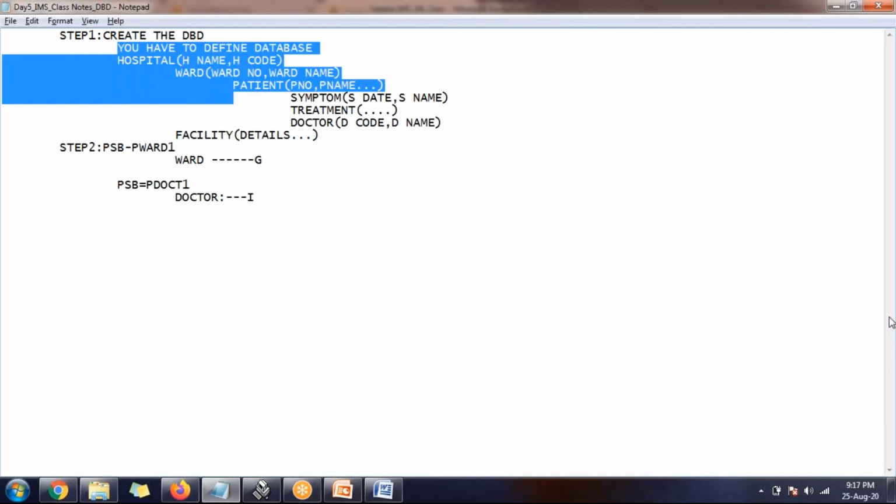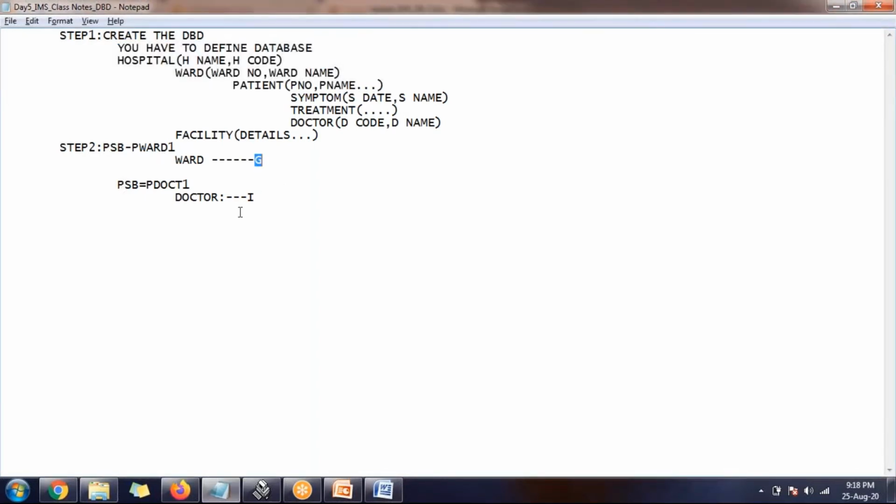Makes sense. What does the G mean in the PSB? G means get, I means insert, U means update, D for delete. We will see that in the calls. We are going to look into that. Okay, thank you.